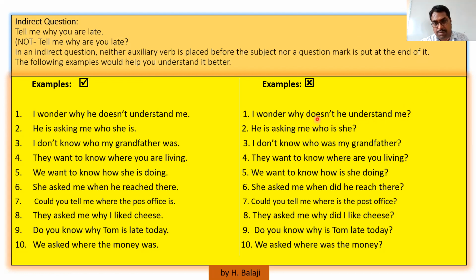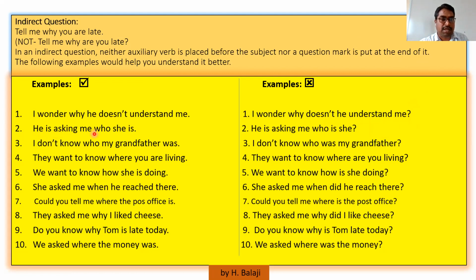The auxiliary verb is put before the subject he, and again there is a question mark at the end of the question, right? You might ask me, but a question mark is not visible in spoken English or in conversation. Though it is visible in written form, it is not visible in spoken form. Yet it can be felt, though it is not used, with the help of stress and all that, right?